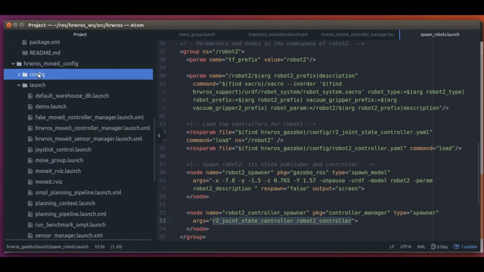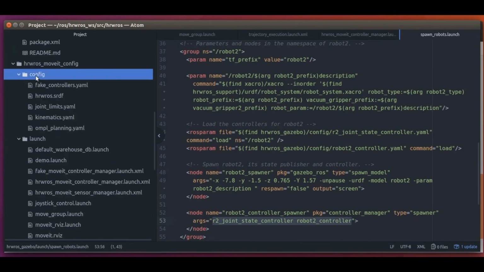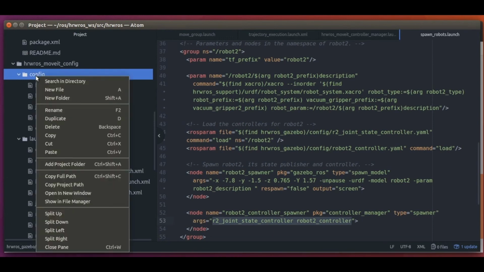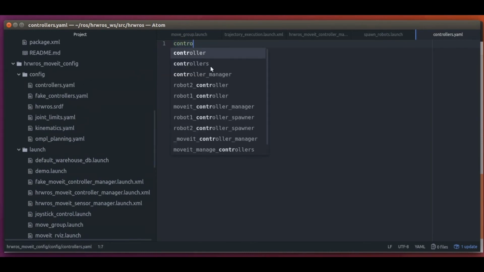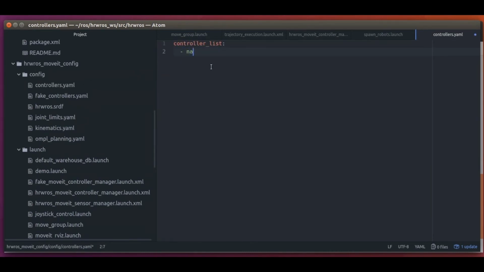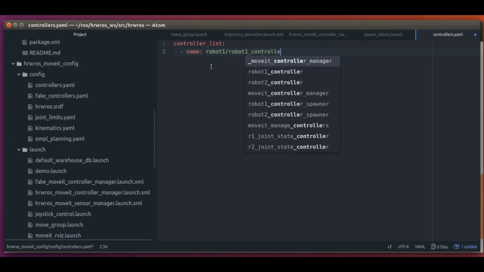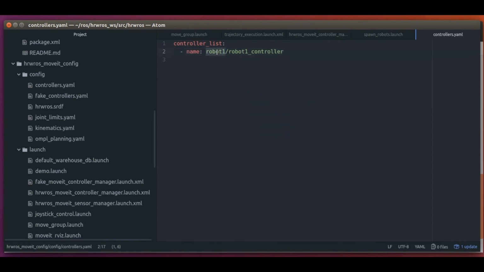So let's get to MoveIt. Following similar logic as our Gazebo package, we go to the config folder in the hrwros_moveit_config package and create a new file called controllers.yaml. Then let's list our 2 controller clients. Each client has a name where we specify its name and in what namespace it is. Then we have the action namespace.